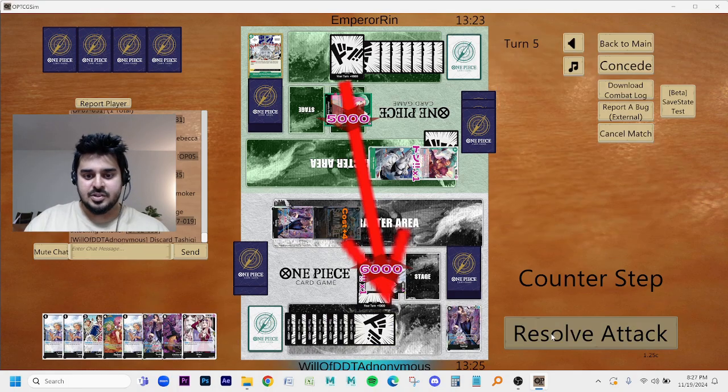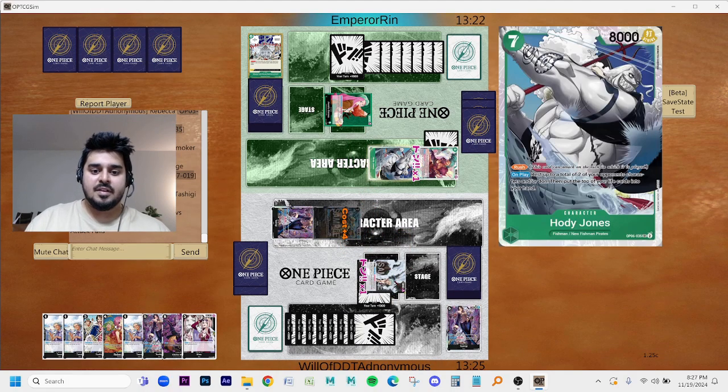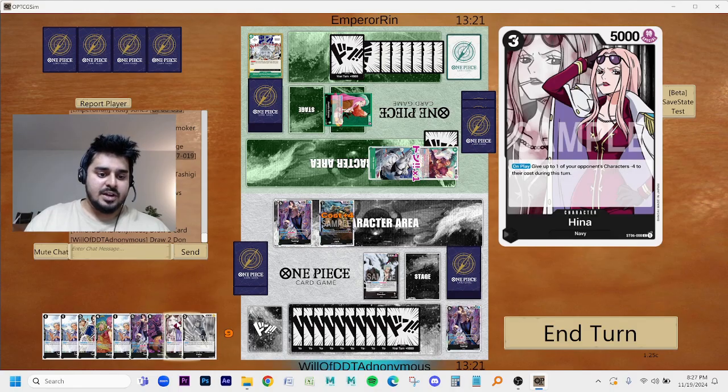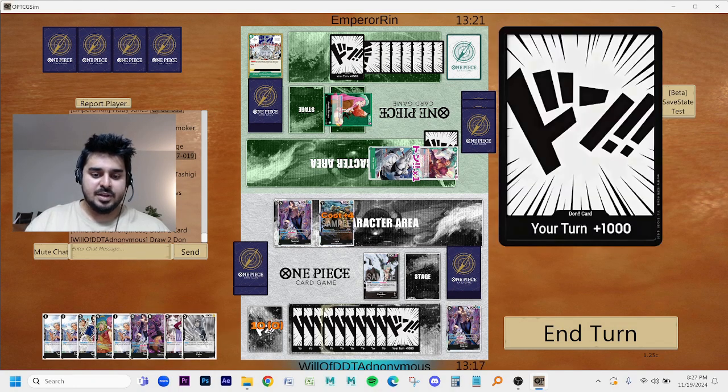Let's go ahead and just give him the Tashigi. It's fine. The big Tashigi. And we get a Kobe, which is pretty good, actually. But I think the correct play here is going to be...